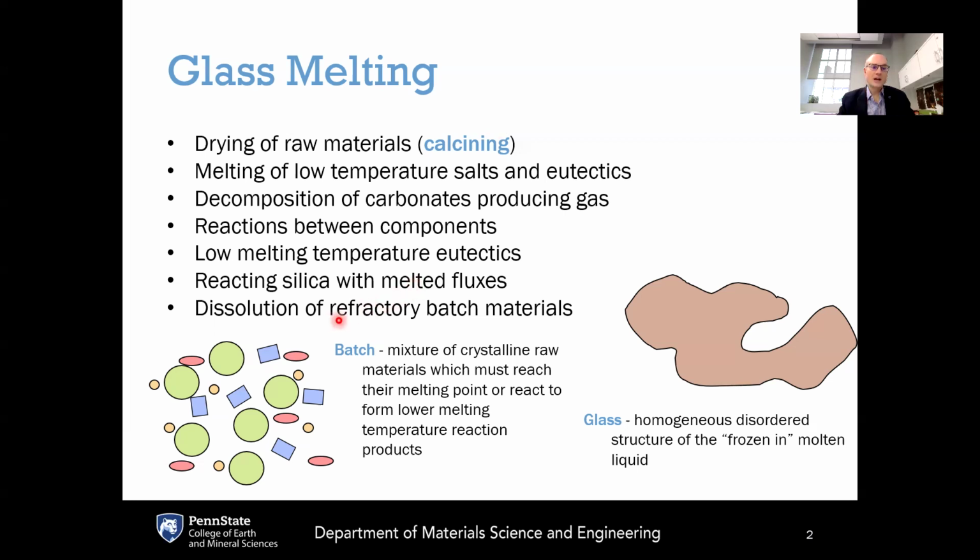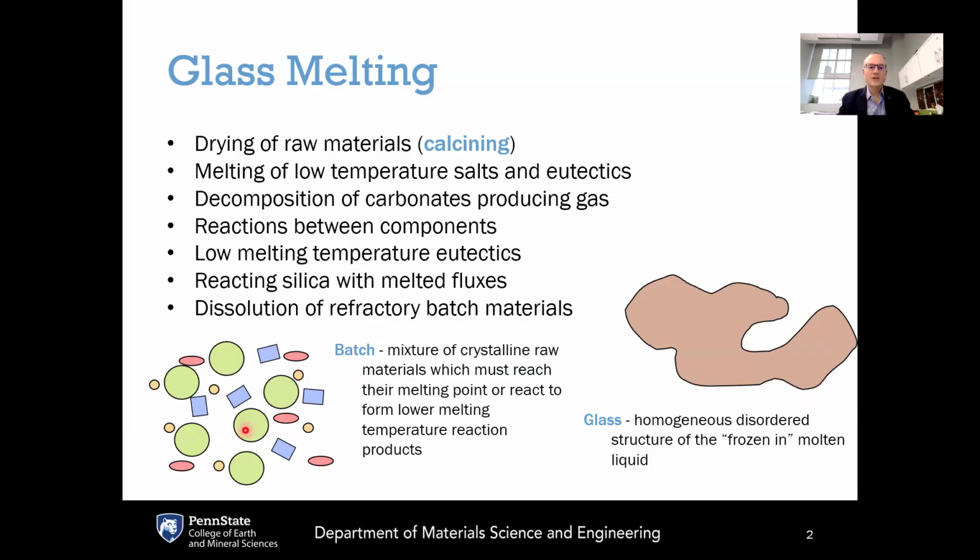And another thing that can happen too is that since we are at high temperatures and the molten glass is in contact with the ceramic refractory material of the walls of the melter, there can be dissolution of that refractory material, and so it can corrode over time. That can act to contaminate your glass melt at the same time as wear away at the walls of the refractory. So ultimately, though, what we're trying to do is start off with a batch and turn it into a